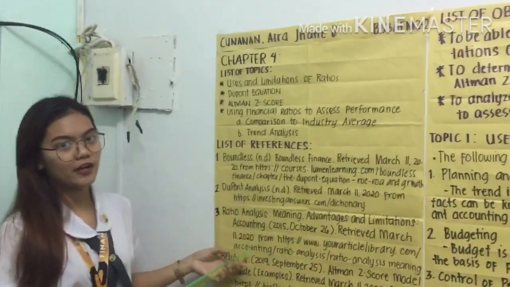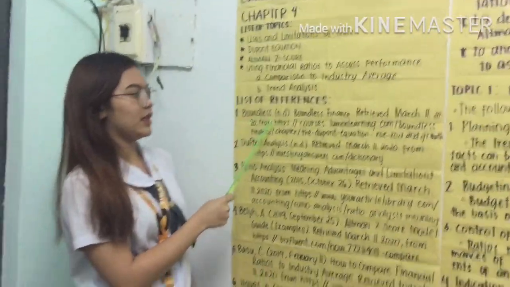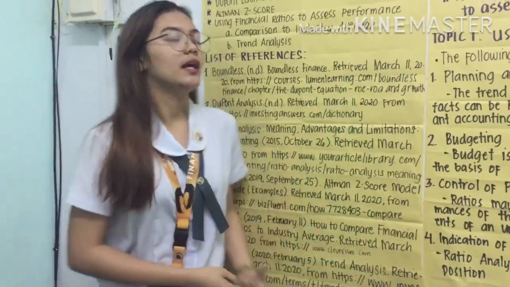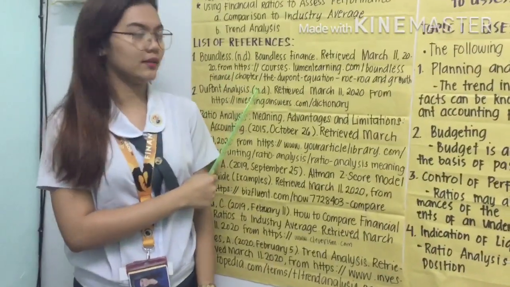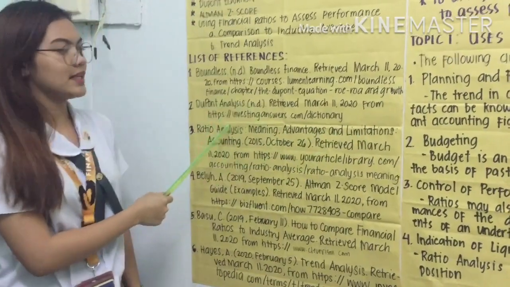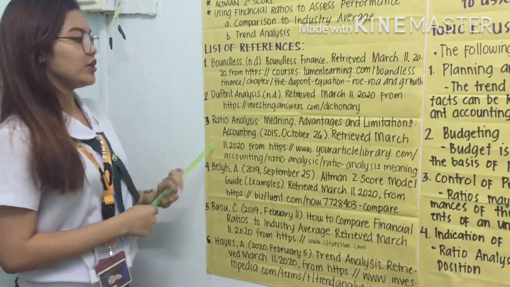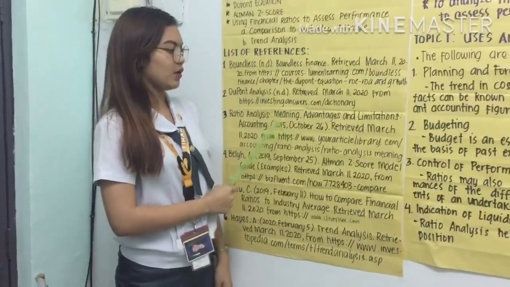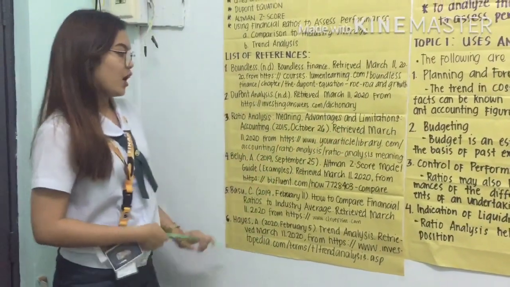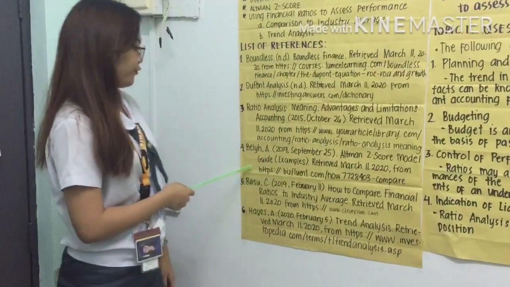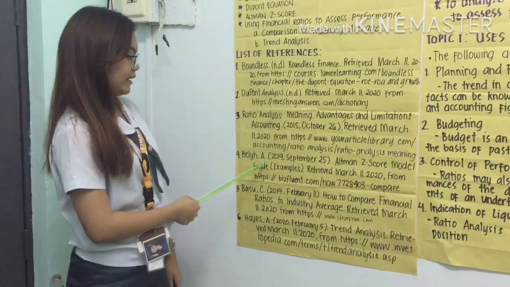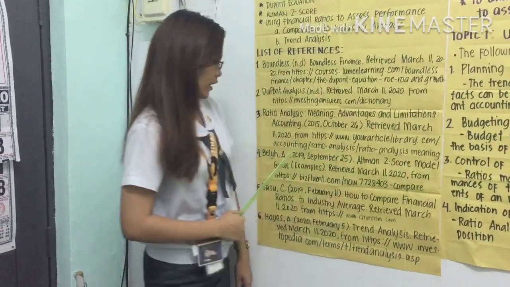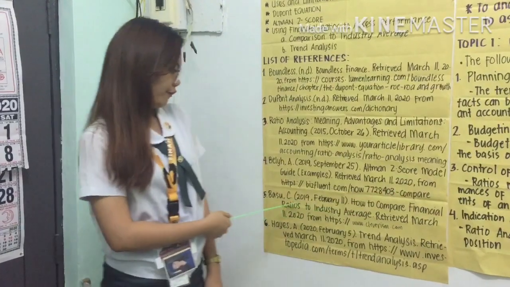So these are the list of references. First is Boundless, no date, Boundless Finance, retrieved March 11, 2020 from courses.lumenlearning.com. Next is Dupont Analysis, no date, retrieved March 11, 2020 from investinganswers.com. Next is Ratio Analysis, Meaning, Advantages, and Limitations Accounting, published on 2015, October 26, retrieved March 11, 2020 from yourarticlelibrary.com. Fourth, the author is Belly A, published on 2019, September 25, Altman Z-score Model Guide Examples, retrieved March 11, 2020 from